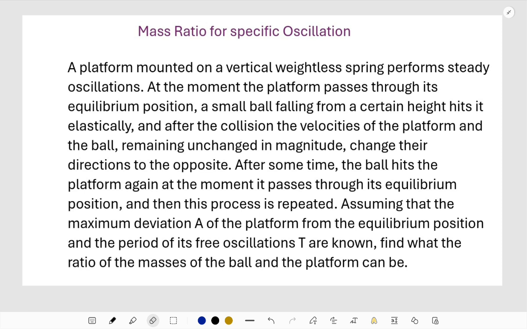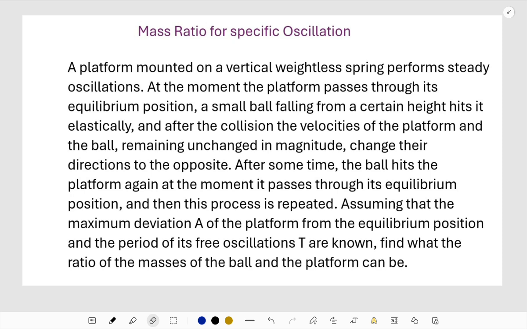It is oscillating, so it will have an angular frequency and it will have a time period. The platform will have some kind of mass. The spring is massless, but the platform can't be. The next statement is: at the moment the platform passes through its equilibrium position, a small ball falling from a certain height hits it elastically. That's fine. And after the collision, the velocities of the platform and the ball remain unchanged in magnitude